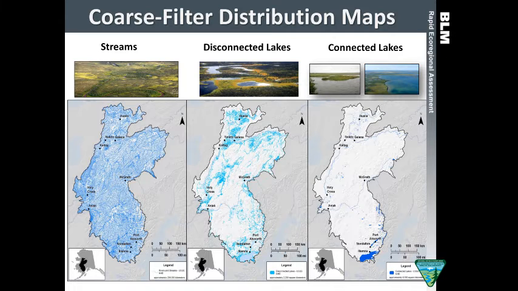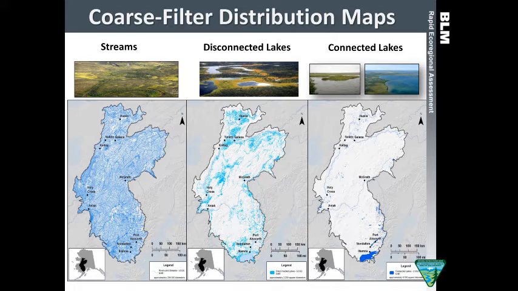Okay, so part of the core analysis for all of the conservation elements was to first identify where in the YKL area these conservation elements are located, and to develop distribution maps, and this is a product of that effort. So we developed distribution maps for streams, the disconnected lakes, and connected lakes. And I understand that at this map scale, it's hard to discern the individual lake or stream, but when we deliver the data as part of the metadata, those data layers will be available to managers, and you'll be able to zoom into a particular area to get a better sense of where those water bodies are located.